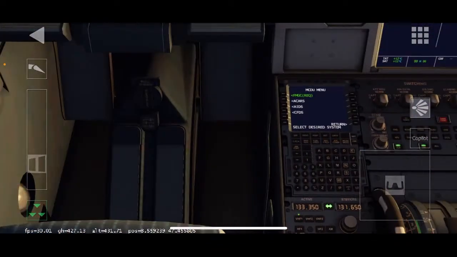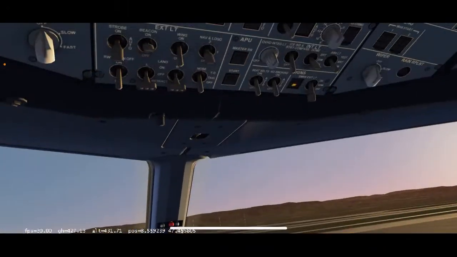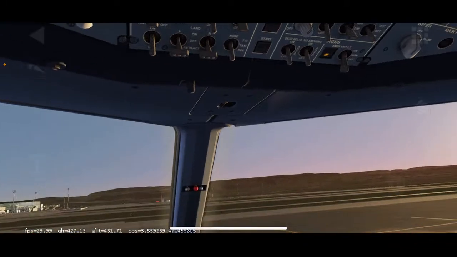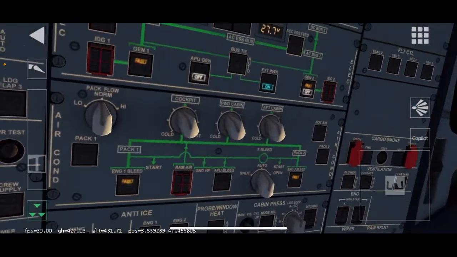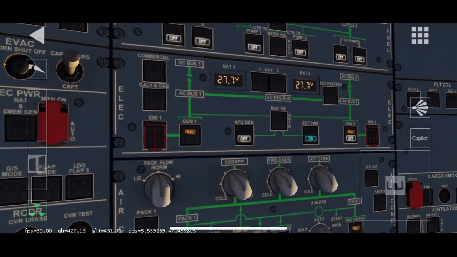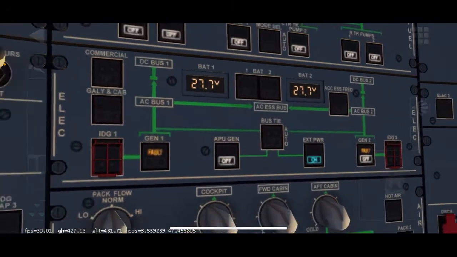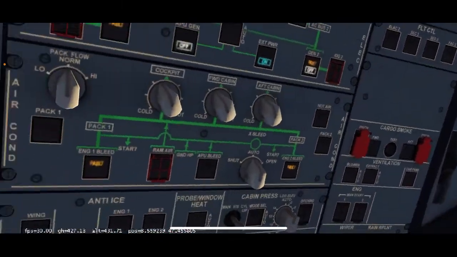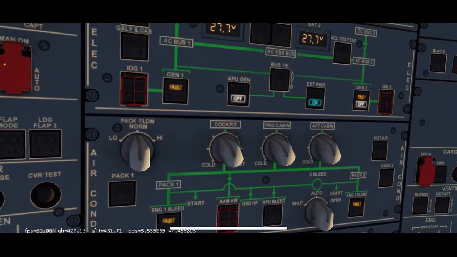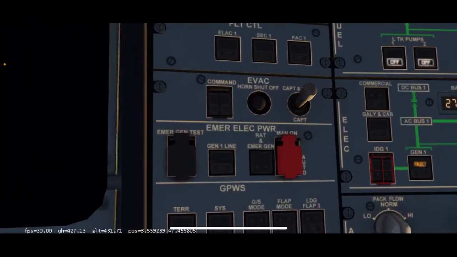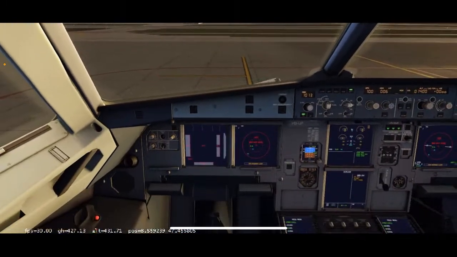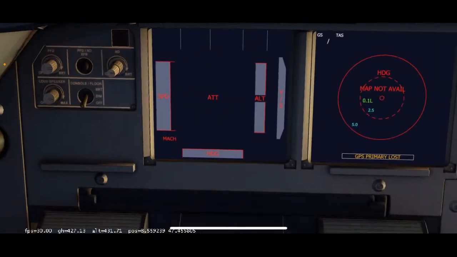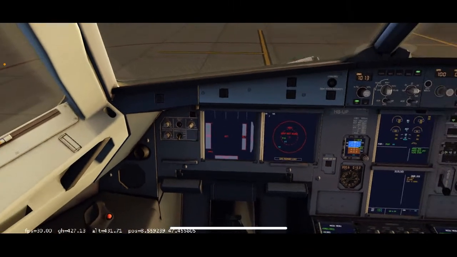I should have turned off my co-pilot because he's already clicking things and turning on beacon lights. But basically you've turned on your external power and your battery. What you're going to want to do now, and I'm going to check because my co-pilot might turn on the APU generators, is turn on your maps over here. In order to do that, this is where I start to do a little bit of flow.